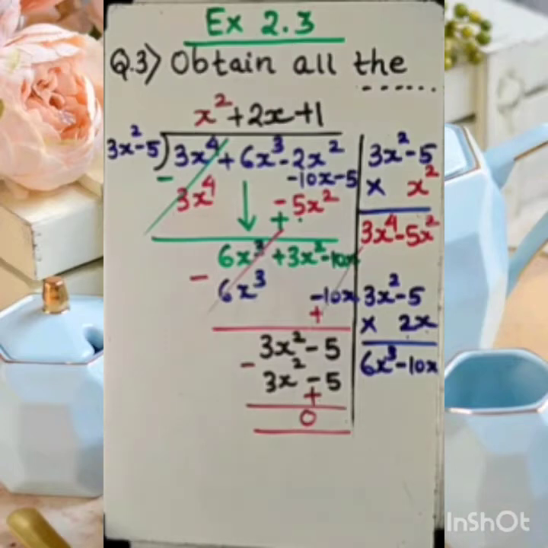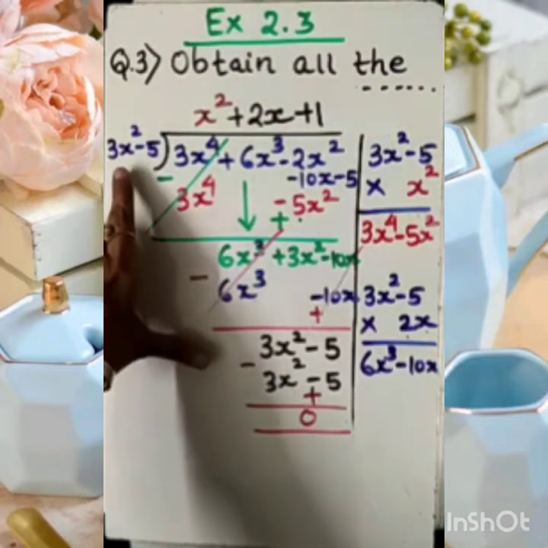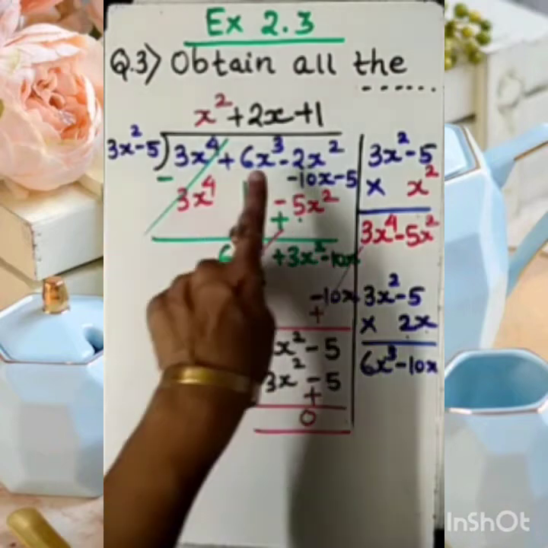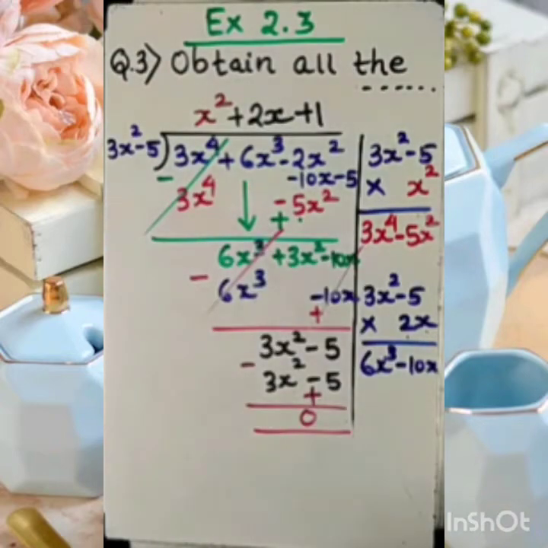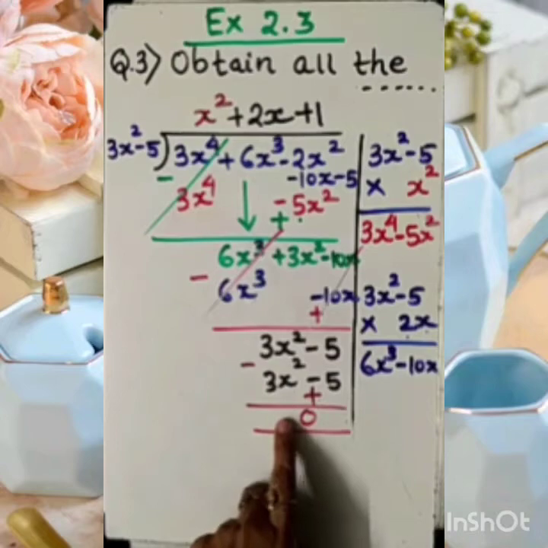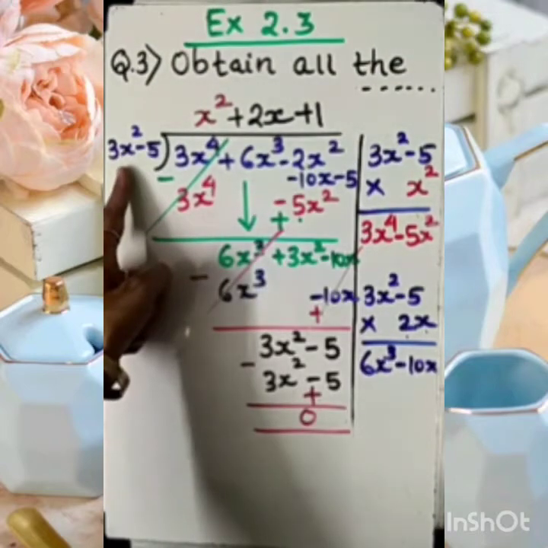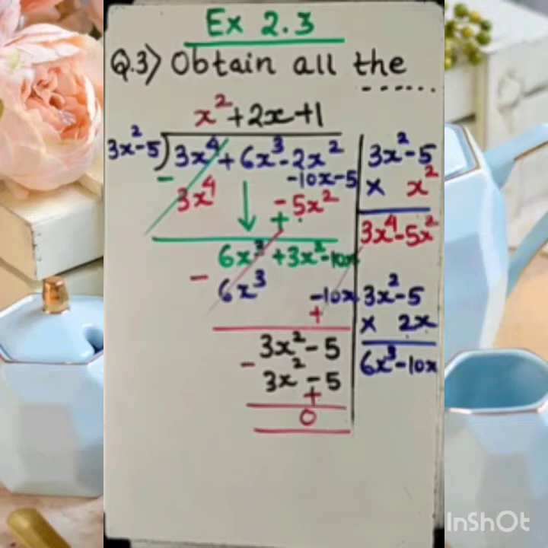So my dear student, it will damn sure come 0. Reason behind that, already we have proved. It is given in the question. This is the factor of the px. And if it is already a factor of px, then of course px will be divisible by this. So remainder must be 0. Now it means, what are the two factors which we are having? Already we have combined in the beginning first two. But there is some more calculation work which we have to do to find the factors.